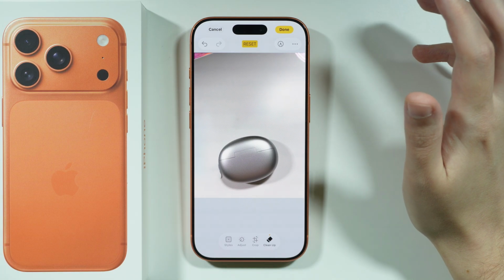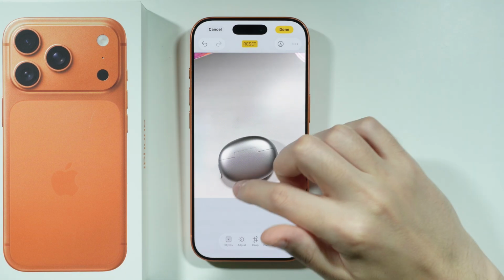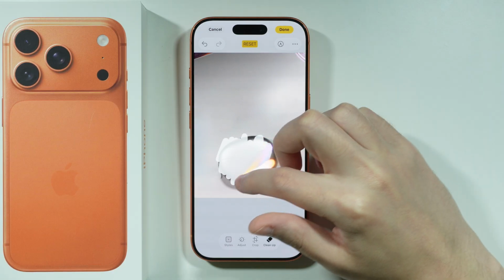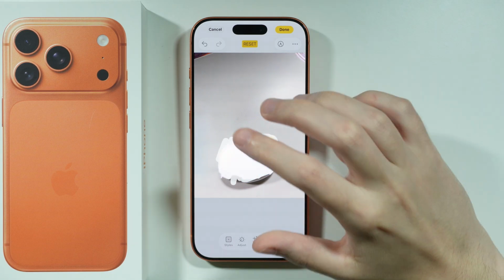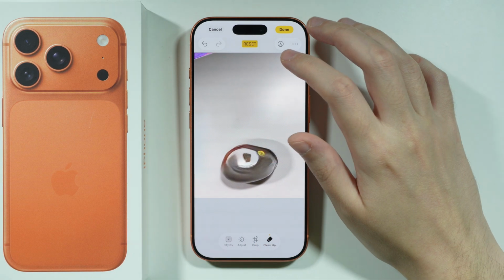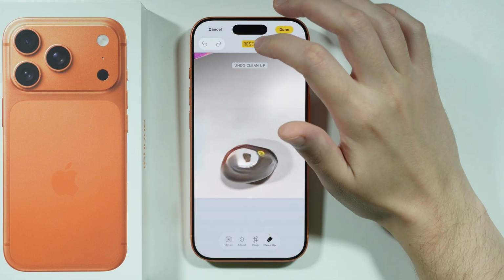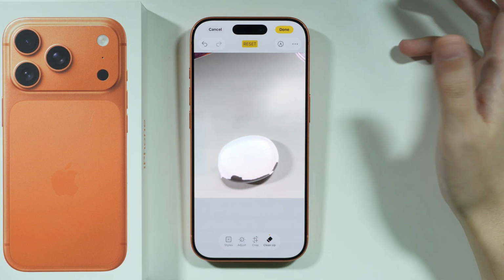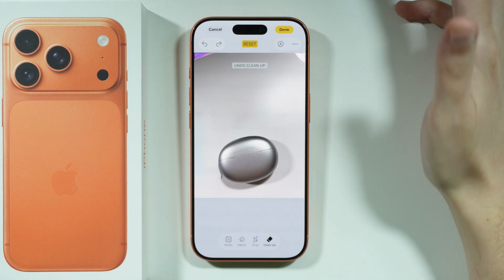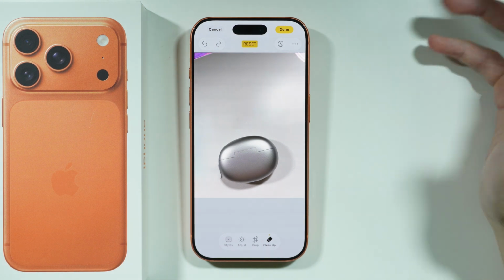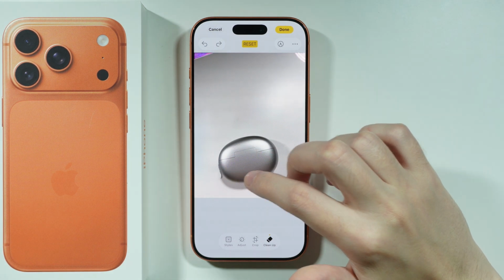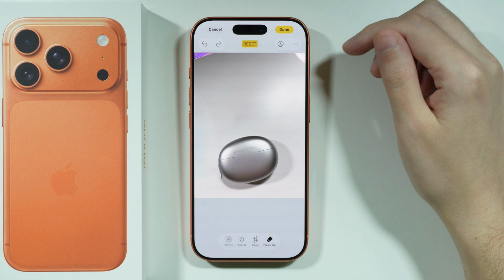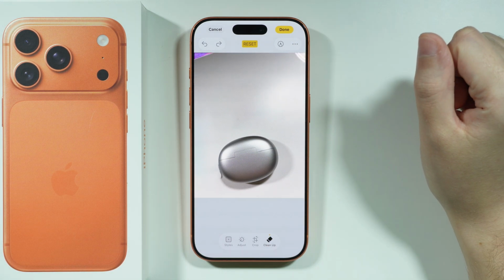And in addition to that, of course, you can just draw these lines over here on the subject that you want to get rid of. You can also draw a shape around the subject in order to try to select it and get rid of it. Unfortunately, in some cases, it's not doing a good job. And you can sometimes also just tap on the subject as well, but mostly they have to be highlighted here,